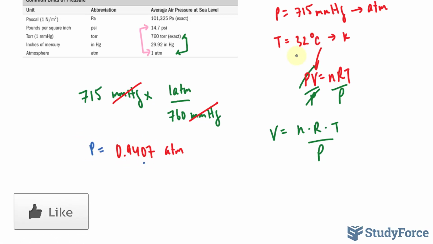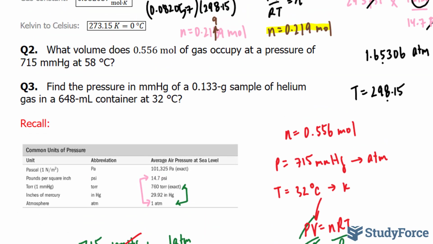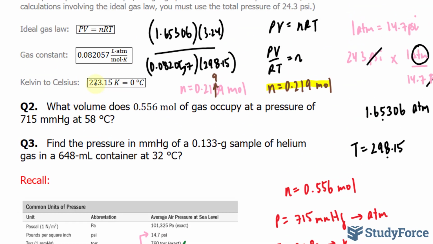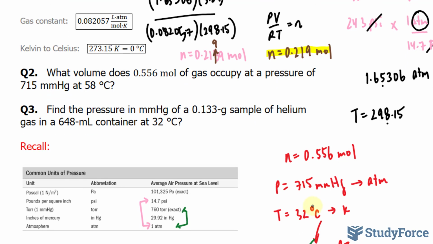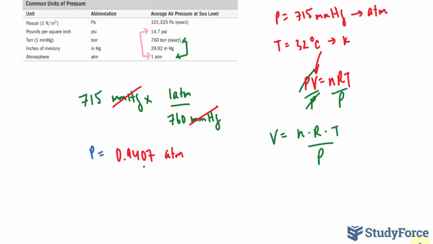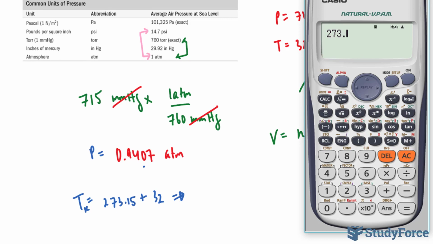Now I have to change 32 Celsius into Kelvin. That's not hard to do. We will be using this conversion, where all I do is take my value that's in Celsius and add 273.15 to it. So our new temperature in Kelvin is 273.15 plus 32. Our answer, using our calculator, 273.15 plus 32 gives us